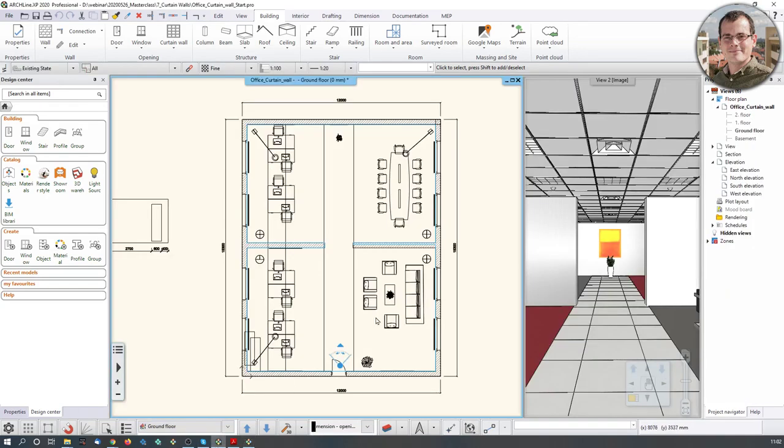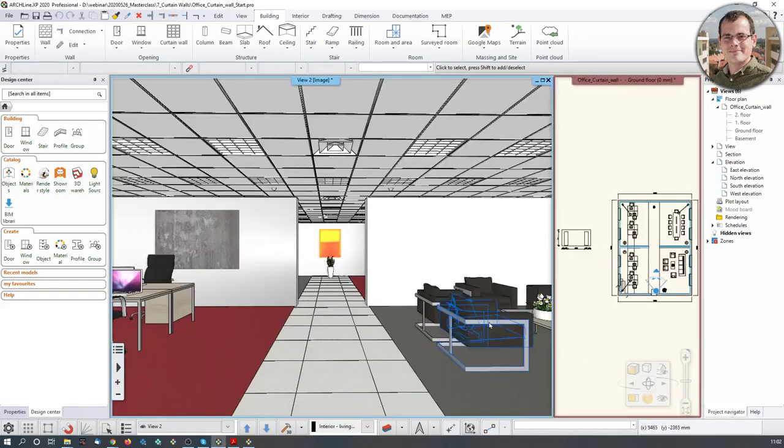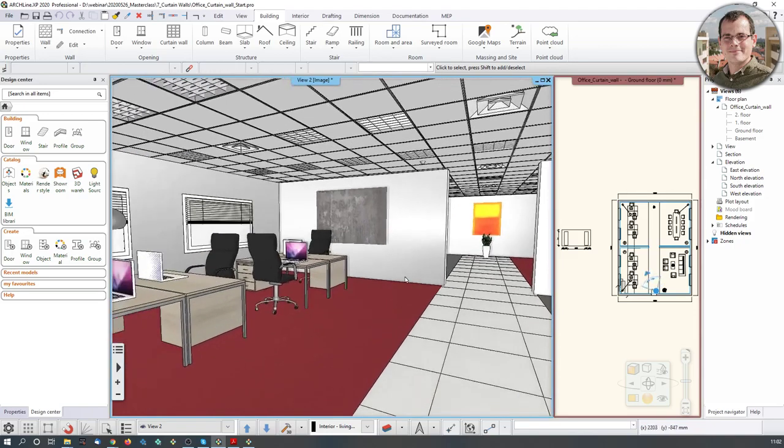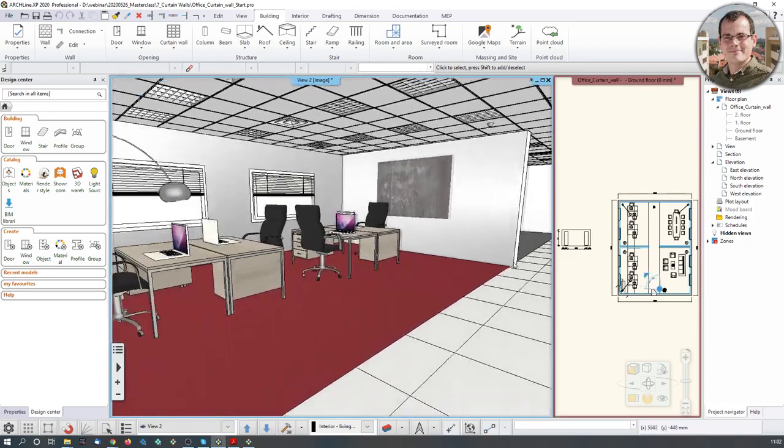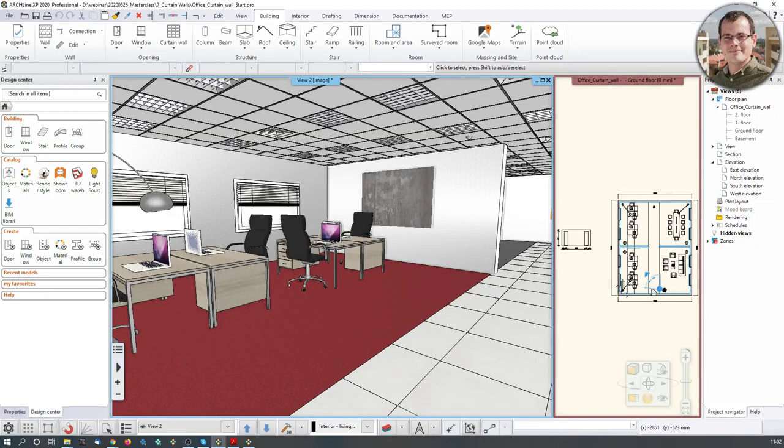But for now, we are looking at a very simple example of an office building. So this is going to be a very simple office, and I want to create partition walls, which are going to be glass surfaces. So the four things that we are going to look at today is how to create